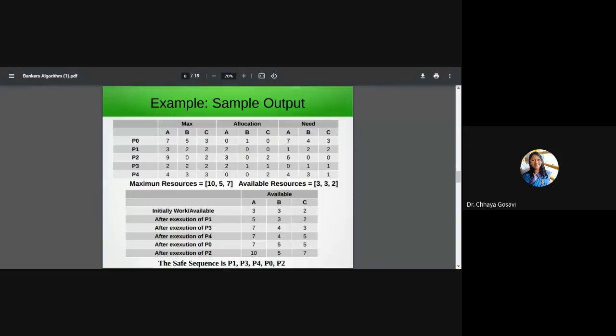Again we'll check P1. P1 finish is true, so no need to check whether we can satisfy the request or not. It is already executed. Then we'll go for P2. P2 requirement is 600 and available is 532. We cannot grant this request of P2. So we'll check, can we grant the request of P3? The requirement is 011 and available is 532. So yes, we can grant the request of P3. So after P1, the next process going to execute is P3. So the sequence is P1 and P3.